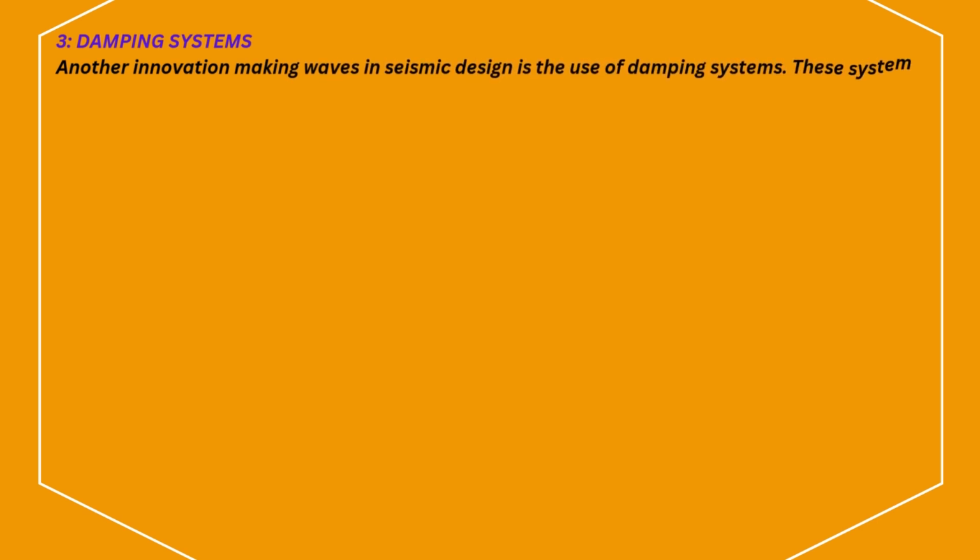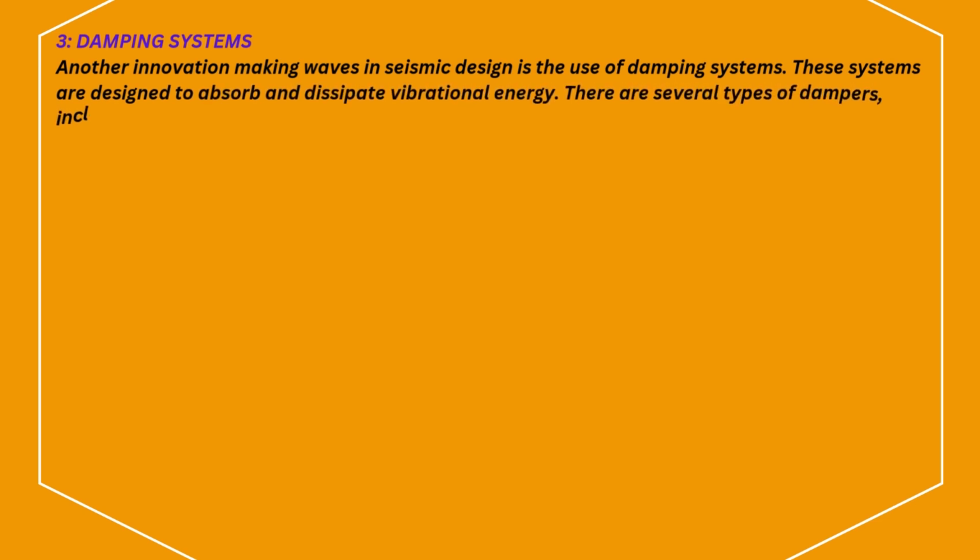3. Damping systems. Another innovation making waves in seismic design is the use of damping systems. These systems are designed to absorb and dissipate vibrational energy. There are several types of dampers, including: